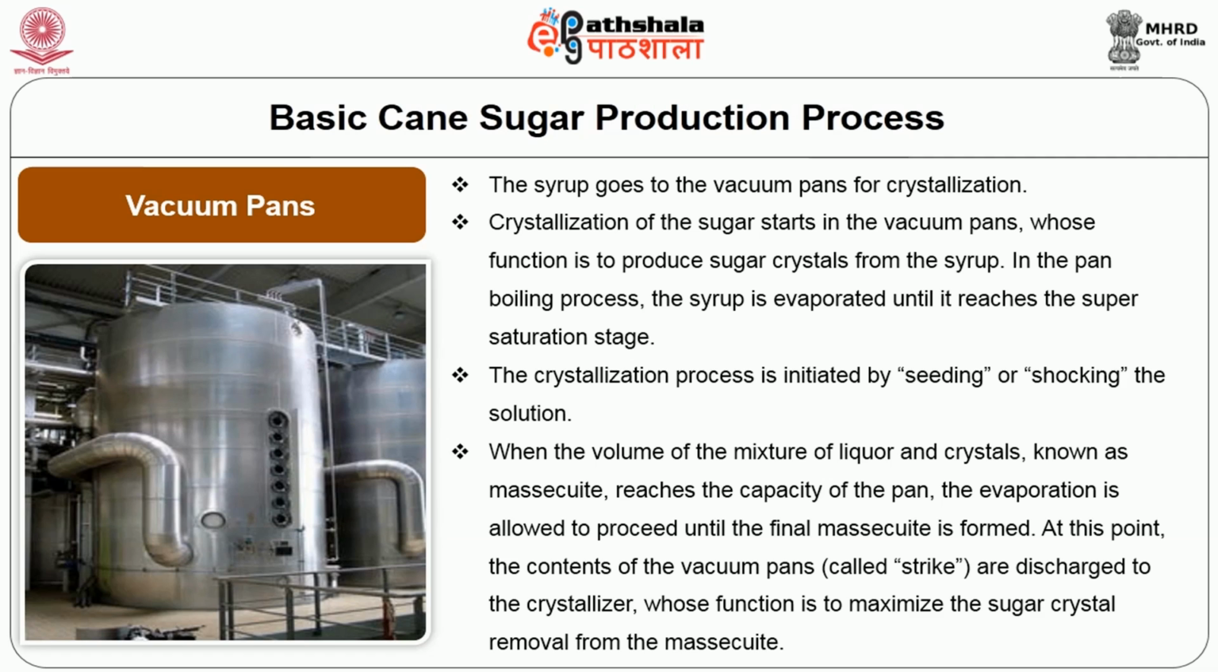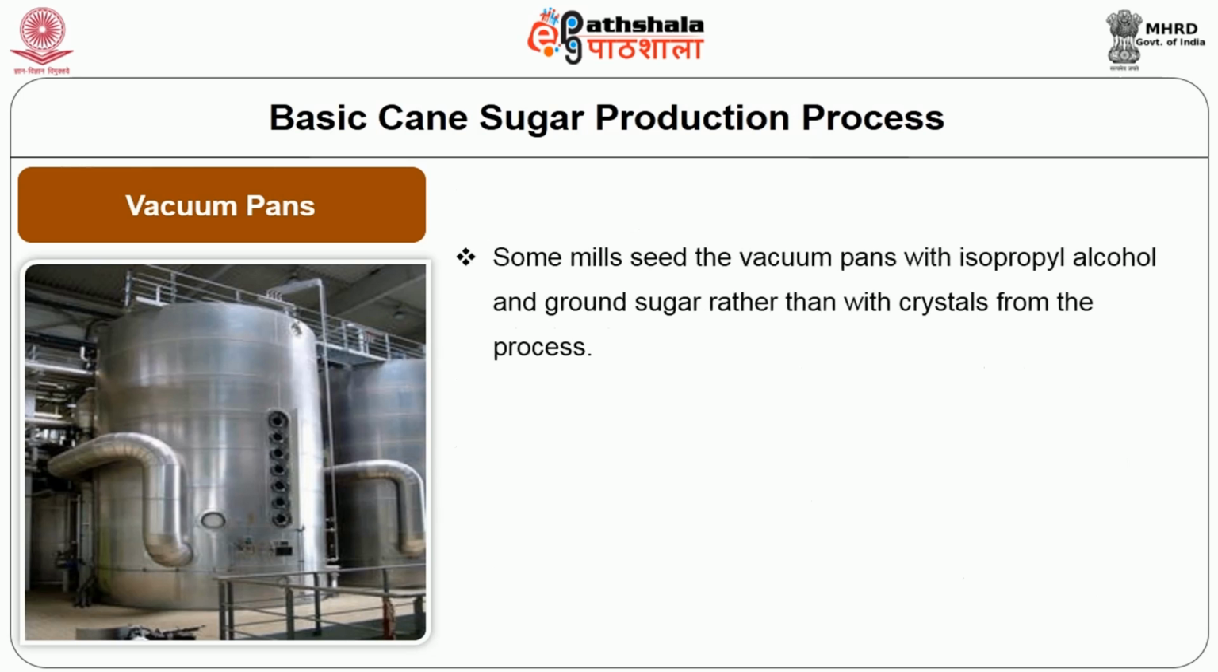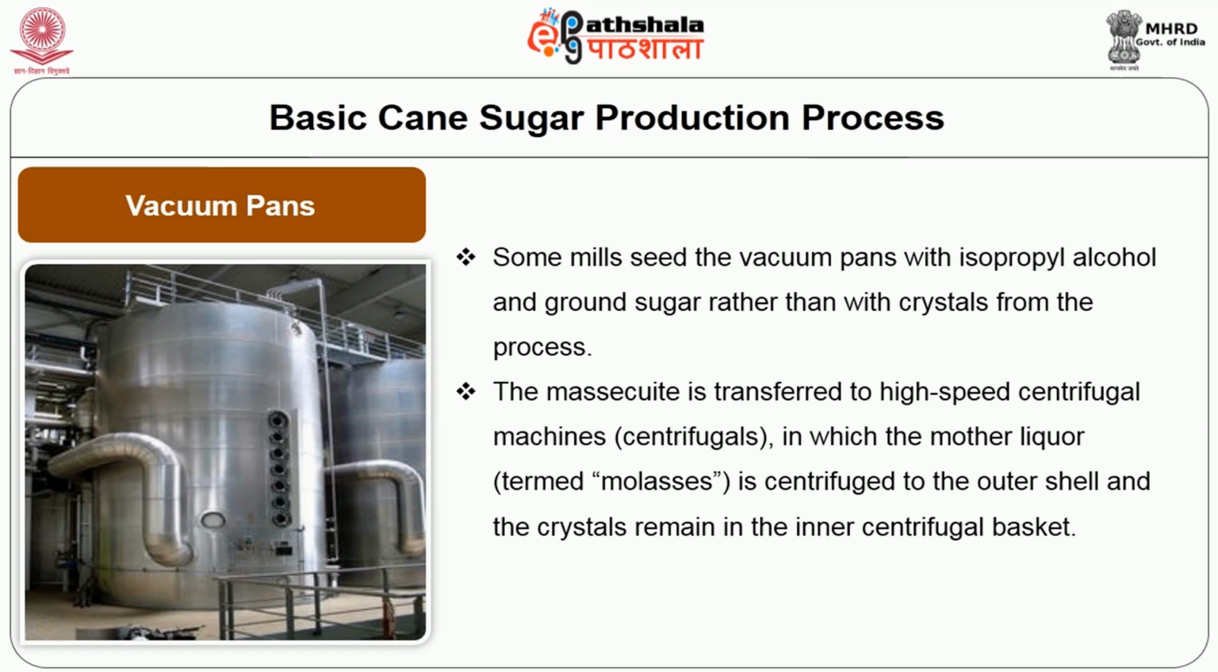At this point, the contents of the vacuum pans, called a strike, are discharged to the crystallizer, whose function is to maximize the sugar crystal removal from the muscovado. Some mills seed the vacuum pans with isopropyl alcohol and ground sugar or other similar seeding agent rather than with crystals from the process. From the crystallizer, the muscovado is transferred to high-speed centrifugal machines, centrifugals, in which the mother